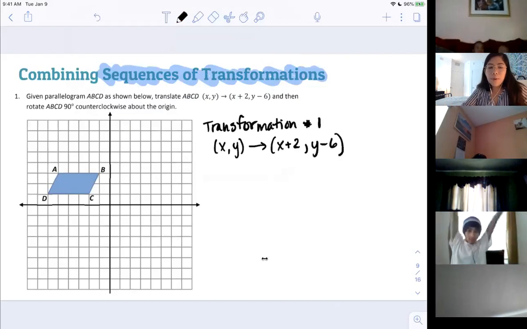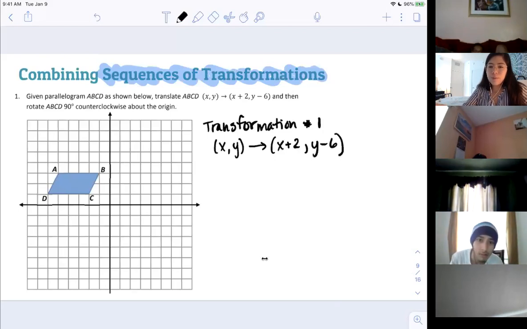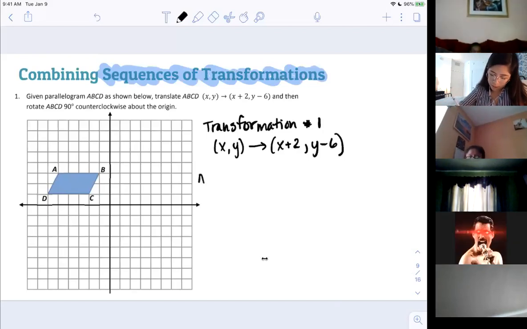Before I write all of my points down, what does this mean about the transformation? What is happening on the graph? Use your directional words. Left, right, up, down. What's happening? It's going to go 2 units to the right and then 6 units down. Perfect. 2 units to the right, 6 units down. So all I'm doing is, for each of my points,